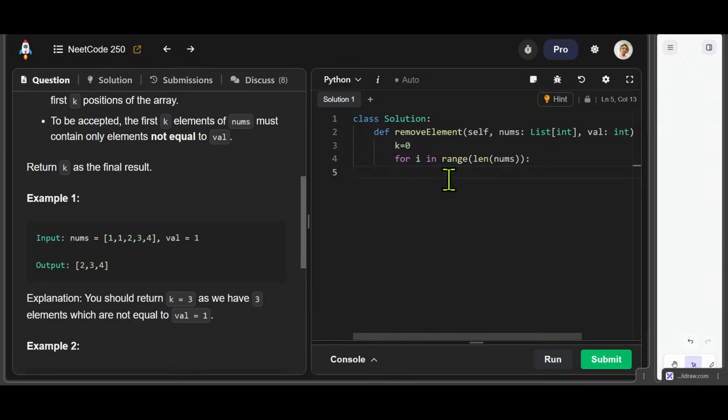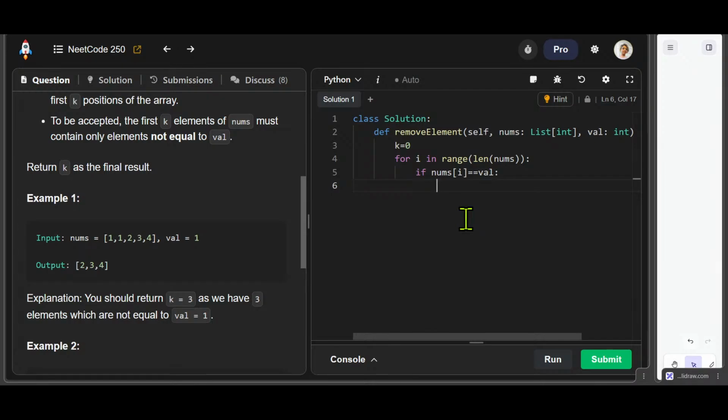Why? Because I want to sort of shift and move the elements whenever they encounter the value. So if nums of i is equal to the value,